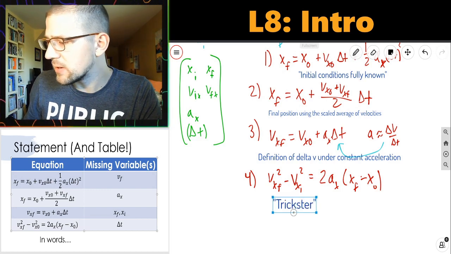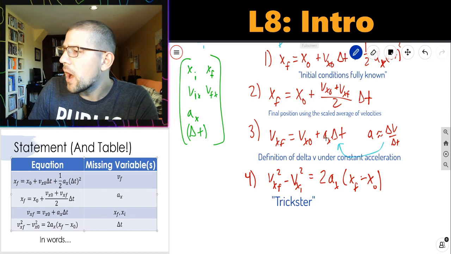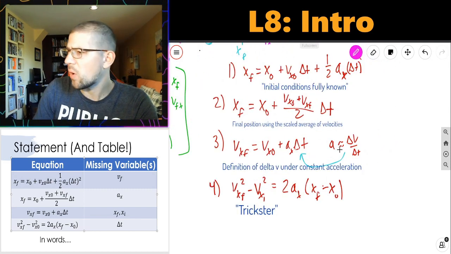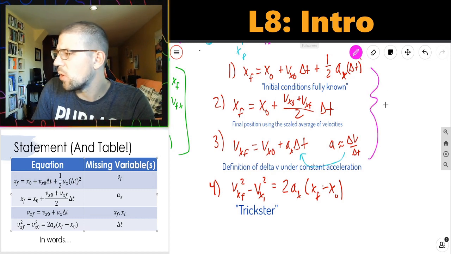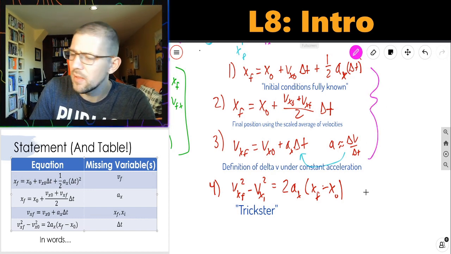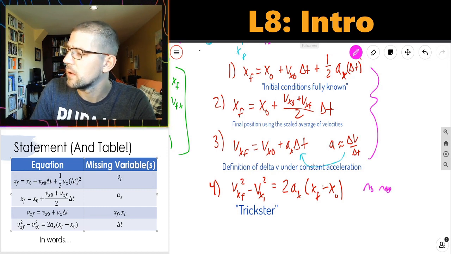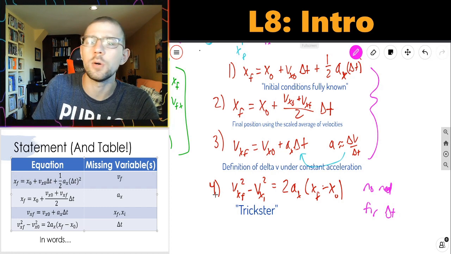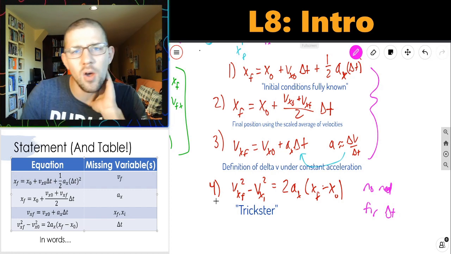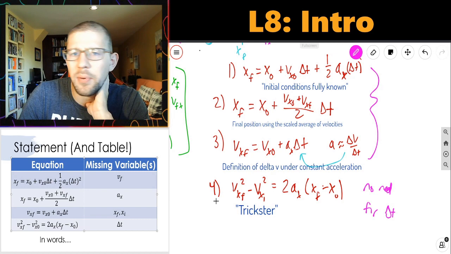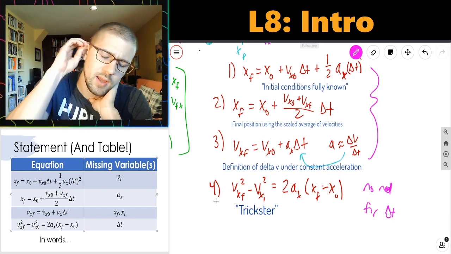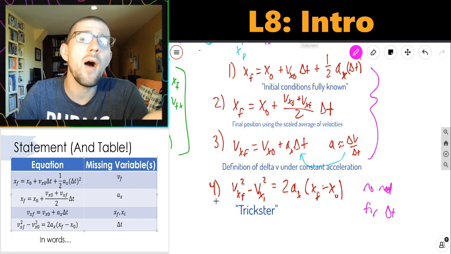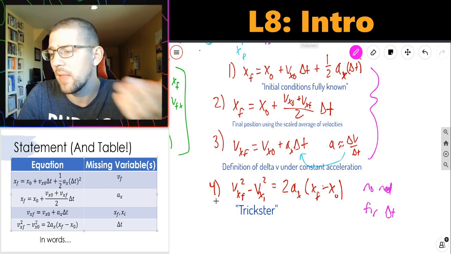So notably, all of the other equations require me to know something about the change in time. So all the other ones need me to know how much time has passed between my two frames. This one doesn't. I have no need for delta t. So one notable example of when this is useful is, say I'm going base jumping or whatever, and I jump off of like the Grand Canyon, and I say,